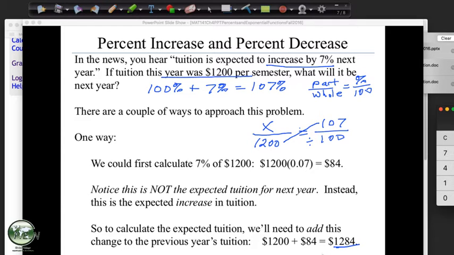But a lot of times if you do the percents first, you get numbers that are not real easy to work with mentally, so you have to use a calculator or else you're going to make a mistake. When you work with the percentages in the first part, usually those are easy. 100 plus 7, that's a very easy calculation. 1,200 plus 84 is not that hard, but it's harder than 100 plus 7. It will always be this way, I guarantee you. And usually it's a lot harder. Okay, so we got the 1,284 there. We'll just write it down.